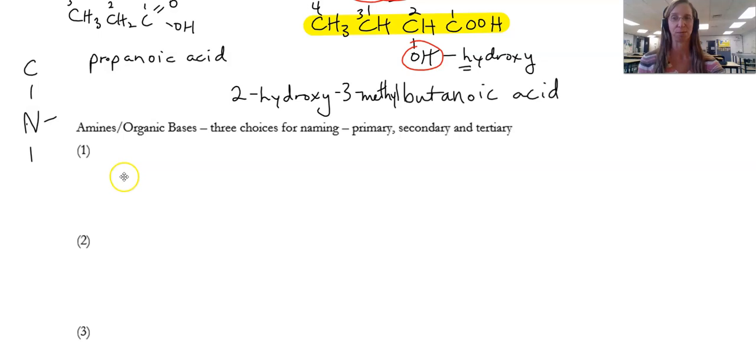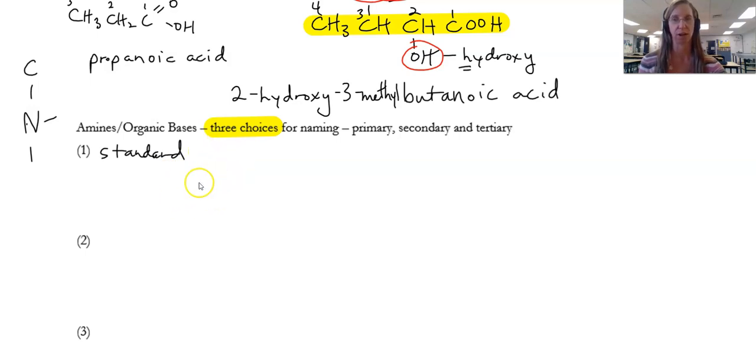Notice the name's similar. And there are 3 choices for naming these. That's not to make it difficult, it's actually to make it easier, because sometimes one way is easier than another way. But first, maybe I'll give you the standard way of naming them, the IUPAC standard way,